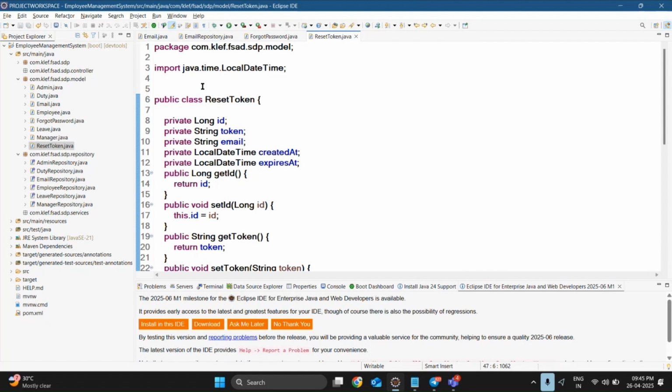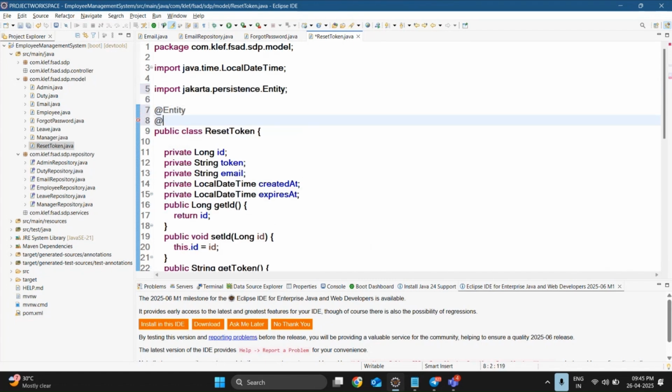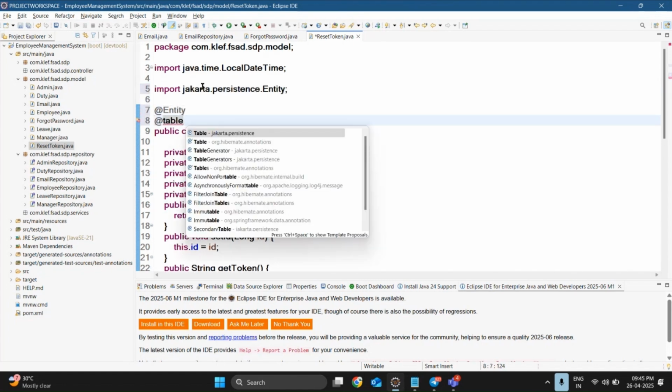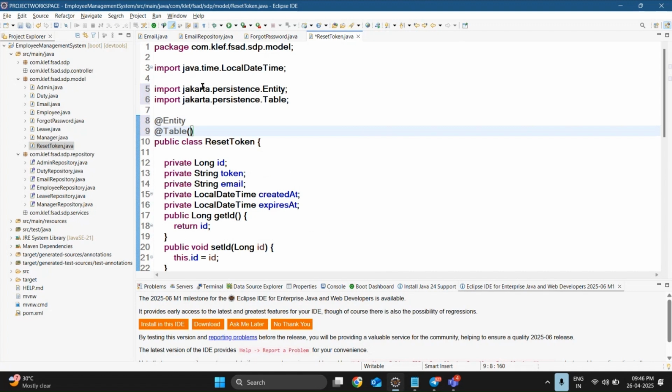As of now it is very much clear. So let me use this entity model also, because I'm going to store these details in my database. Let me go back to the table. I can say the name can be reset